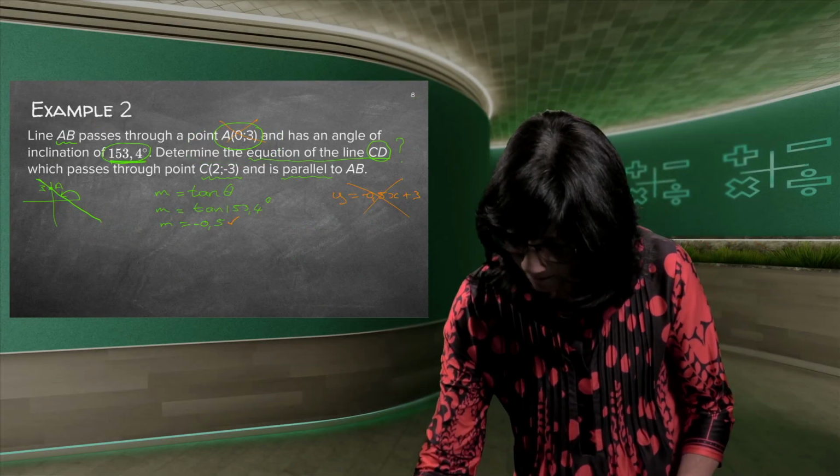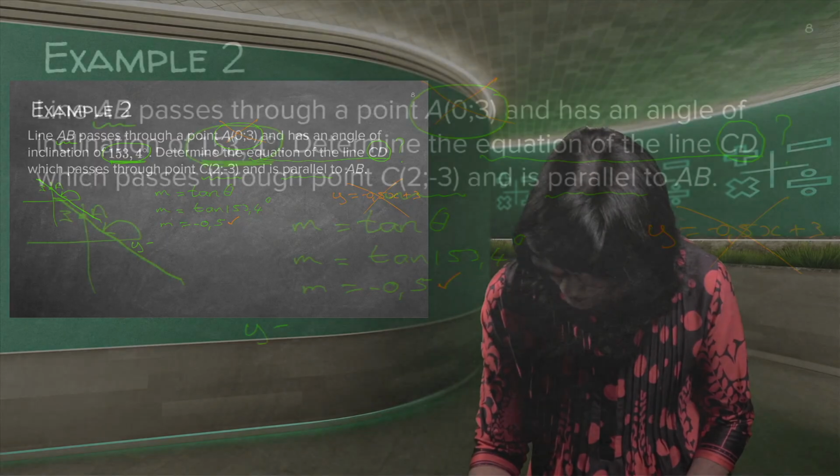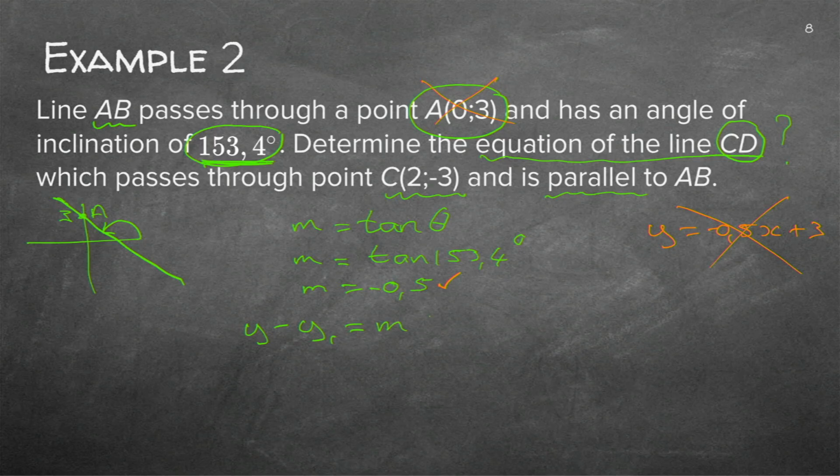Now you can go back and you can write down y minus y1 is equal to m times x minus x1. Let's see, I need to substitute. So I'm just going to make lots of empty brackets. X minus x1. So what do I substitute? A y1. Let's write the point here. Always good to write the point here. 2 and minus 3 is the point that they gave you there, that I'm going to substitute. Y is minus 3. M we worked out is minus a half. X is 2.